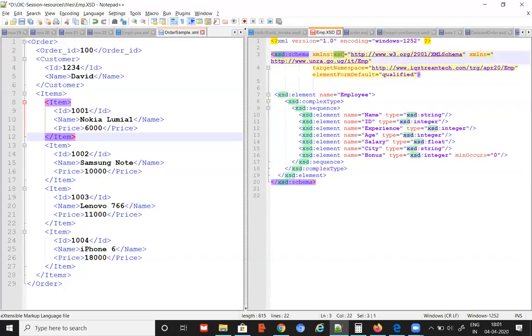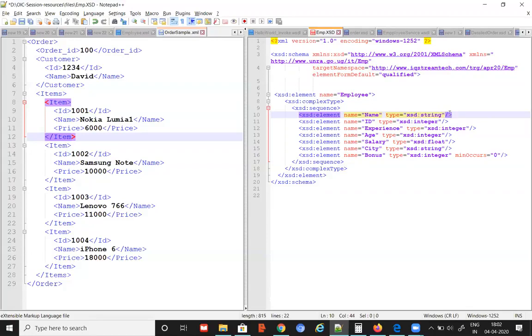I'm going to use this xsd as a prefix to use the elements coming from that XSD or that target namespace. When I say element, anything you are referring to, you can see xsd colon. If I don't put xsd colon, it doesn't know what the meaning of string is here. So that is the reason you have to put xsd.